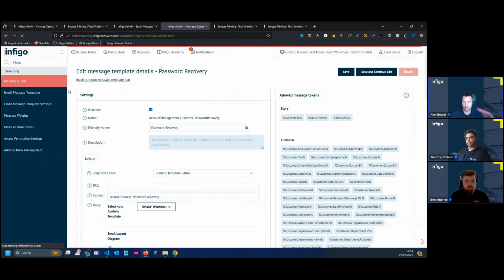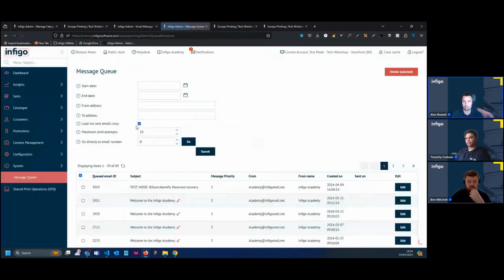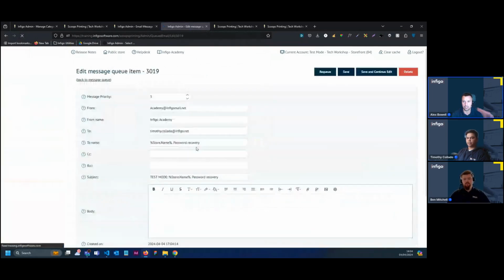Ben, while we're waiting for that, do you want to just talk about once you're happy with the storefront, it's in test mode, pushing it live? Yeah,